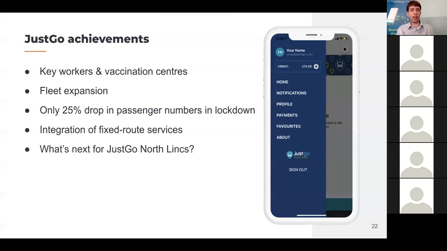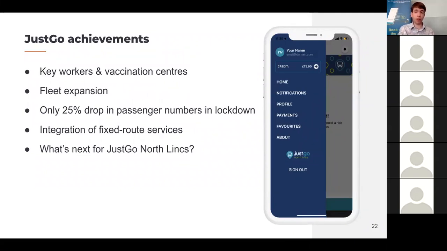But how does the app integrate with fixed route services? Well, this is something we've really developed since launch, and through successful updates made by Liftango within the app, we've been able to encourage those with options for regular bus services to be clearer on those services and how you could use them. So the app will tell people the bus they can use for the journey and take them to that operator's website for a timetable too, but only if they're within a set walking distance of a stop.